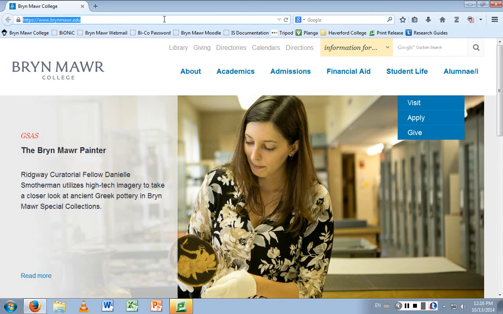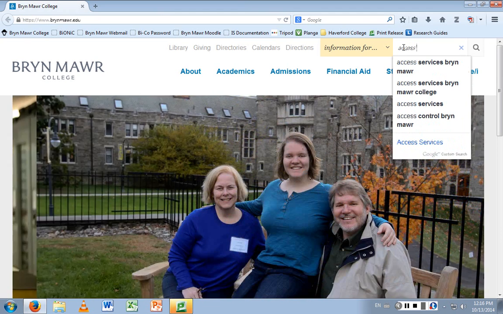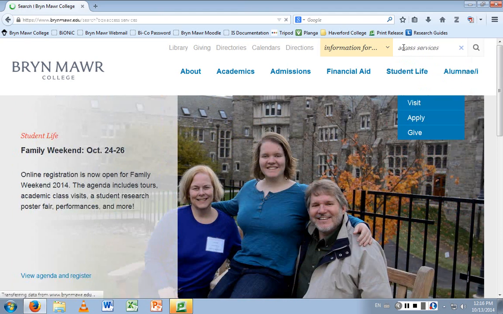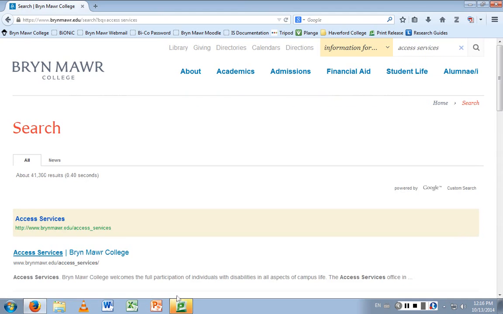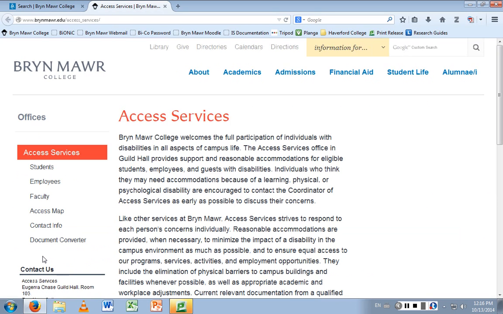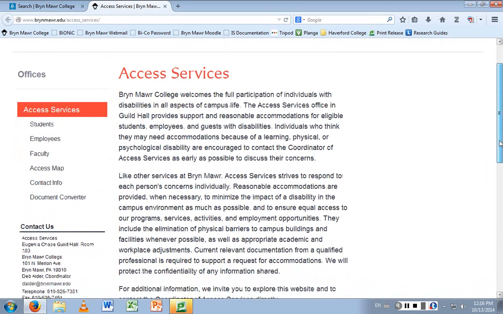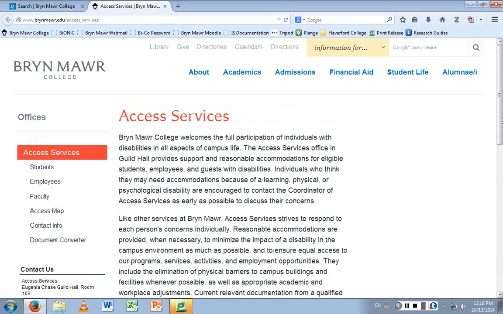Sure. Hello, everybody. Accessibility is a big deal for a couple of reasons. Number one, it is federal law. There are two federal laws that apply to accessibility. One is the Americans with Disabilities Act, and the other one is Section 504 of the Rehabilitation Act. These two laws largely dictate to us what our responsibilities are.